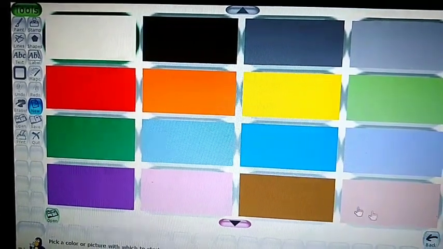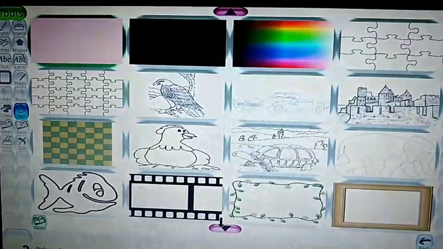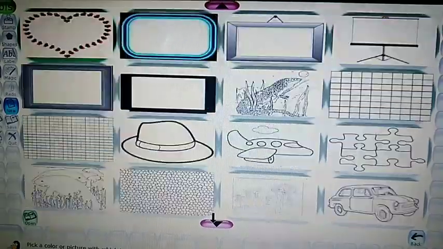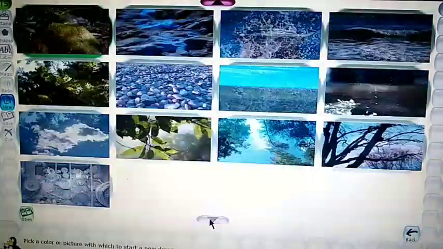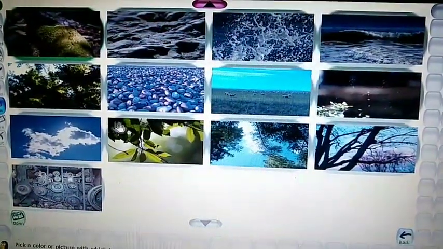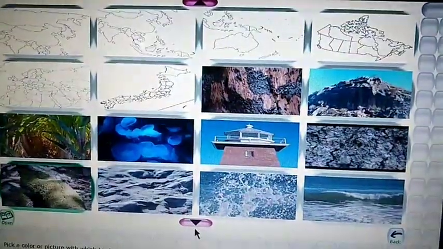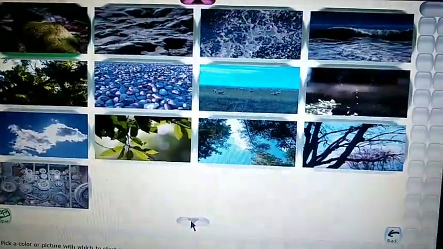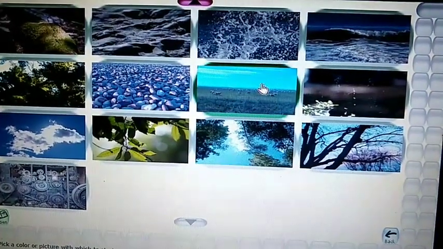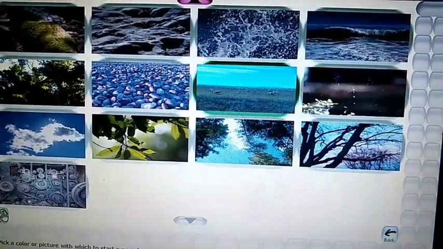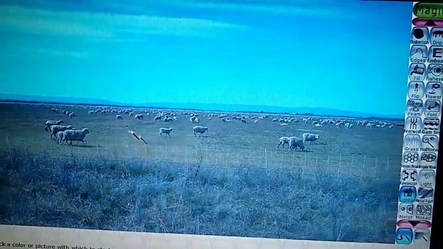Like here so many backgrounds are given. So any background you can choose. Like I have to create this story, so I am choosing this one. This background you can choose.